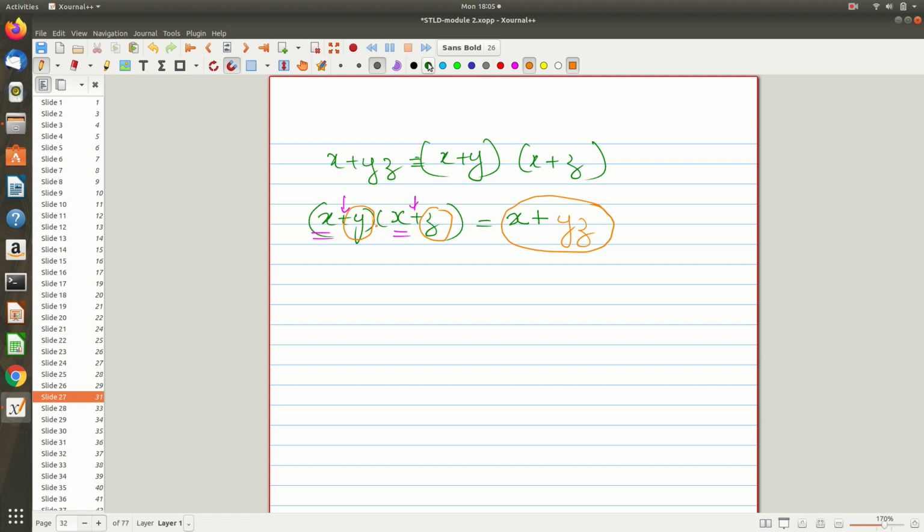In a similar way we have the dual of this theorem, that is x dot (y plus z). This plus and dot will change, that's all. 0 and 1 will also change if it is there, but here it is not there. So you can distribute it like xy plus xz, something like this, x and y, then x and z. Or simply this bracket you can write like this also, xy plus xz.